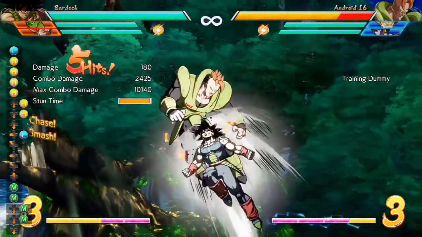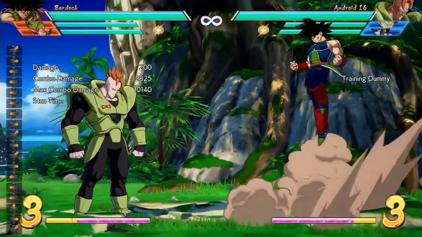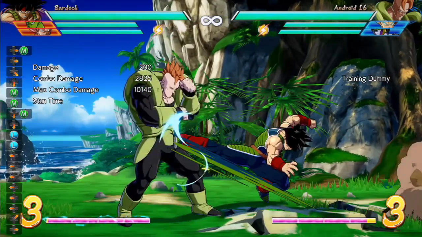See right there, he wasn't blocking low. So what I want to do, I dropped my combo, but the reason I'm doing this